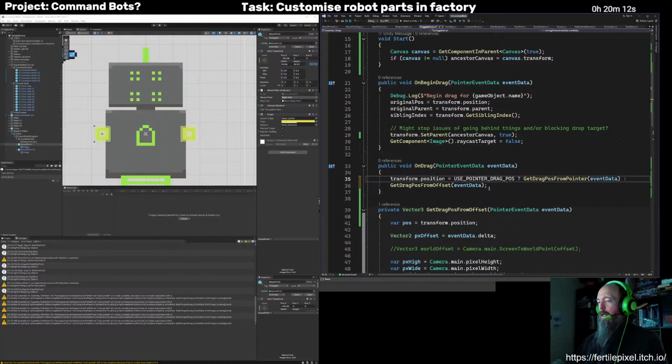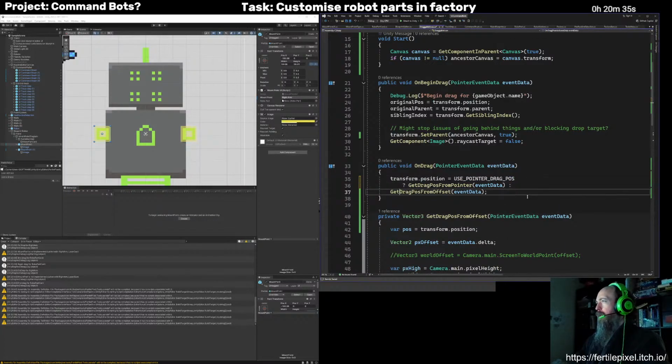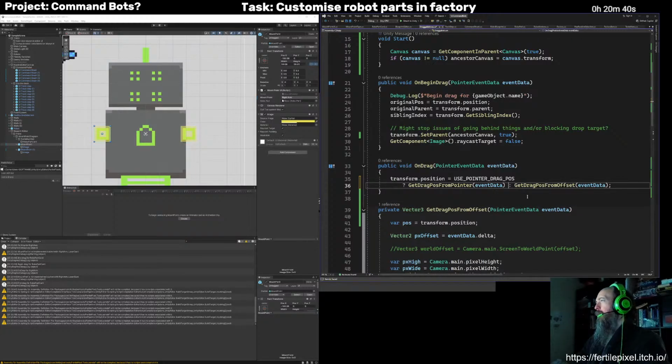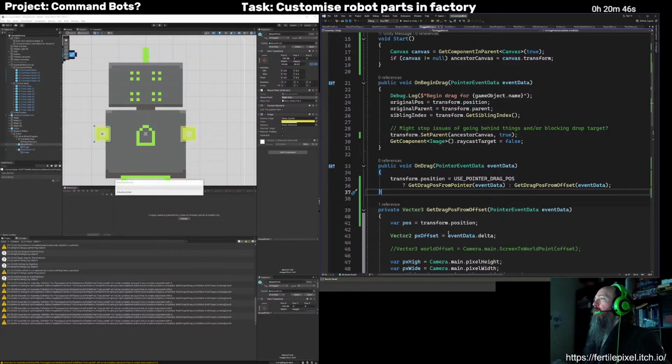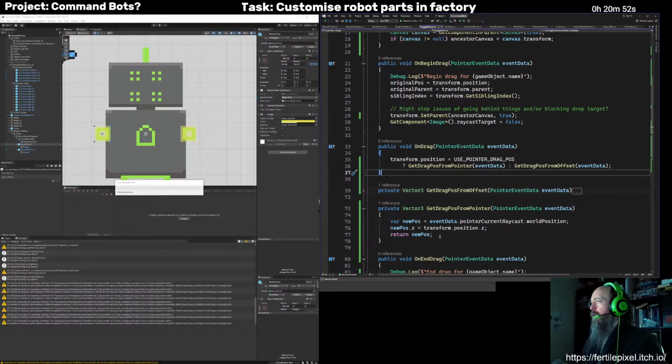There. So now I've still got that other code, but I am using just the mouse position, and then later on I can just compare the two and see if it's any different or better or worse, using it one way or the other. It should be okay to just put that, I think just that. There we go. So I've got now these two different things.